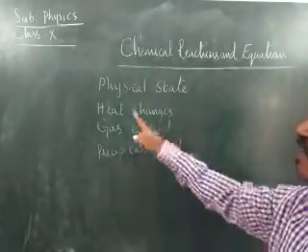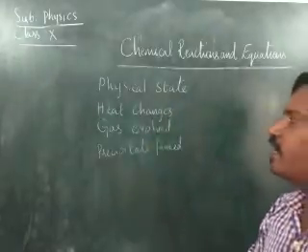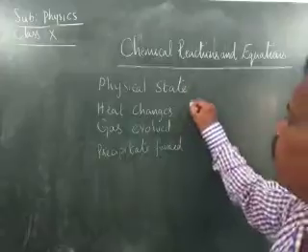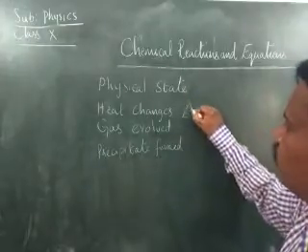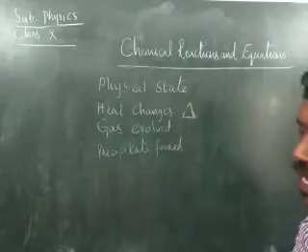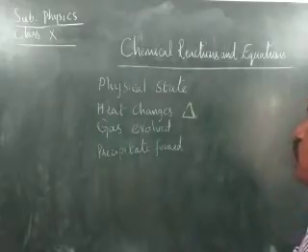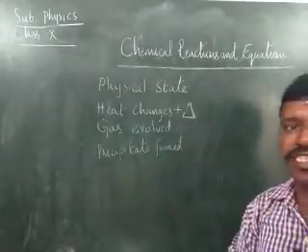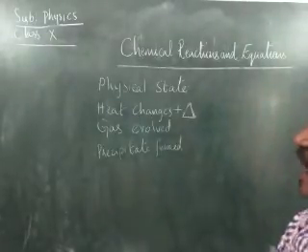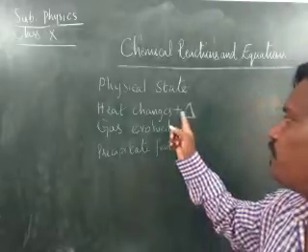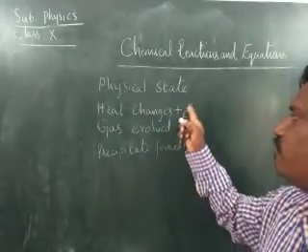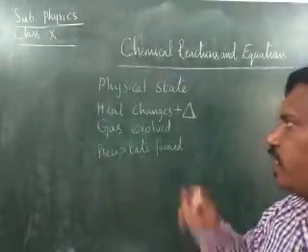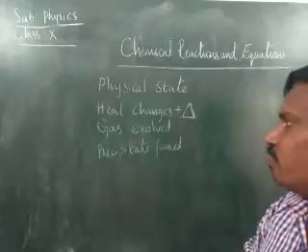In the same way, the next one we indicate is heat changes, children. Normally we represent heat with a symbol like a triangle, delta, which gives the information of heat. If plus delta is given, plus delta means the heat is evolved, and if in place of plus we get minus, then we say that the heat is absorbed, children. Heat absorbed, or heat liberated or evolved.